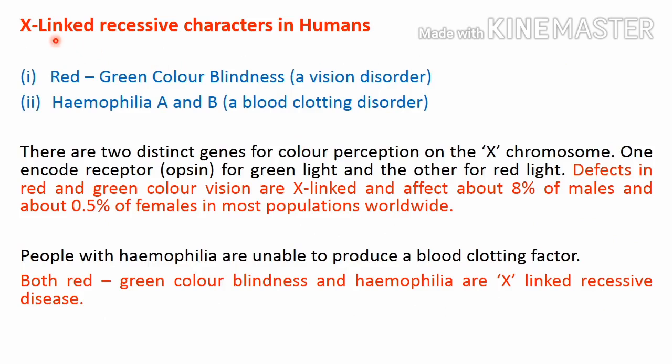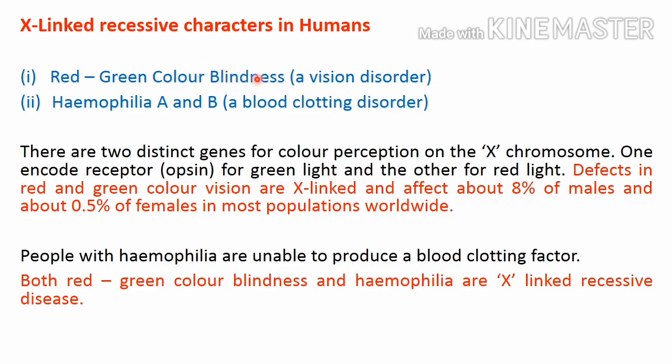So we have here two examples of X-linked recessive characters in humans. One is red-green color blindness and another one is hemophilia. Red-green color blindness is a vision disorder in which the person cannot recognize the red and green color, and it is due to a defect in certain proteins in the eyes